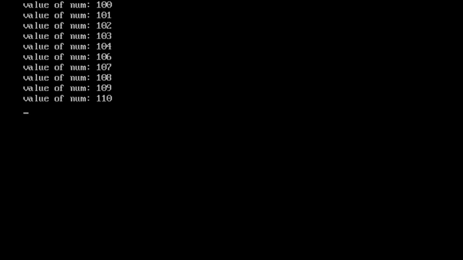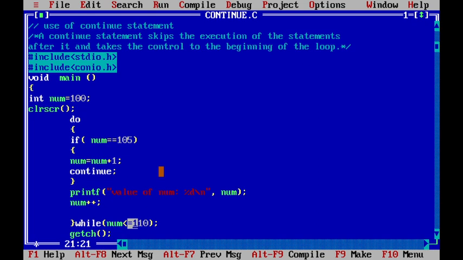Suppose you need to write a program to print 1 to 20, but make sure that 5 is not printed. So in that case, at a certain point you need to put a conditional statement and then add continue in that.